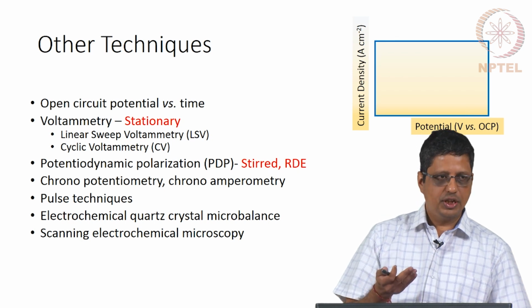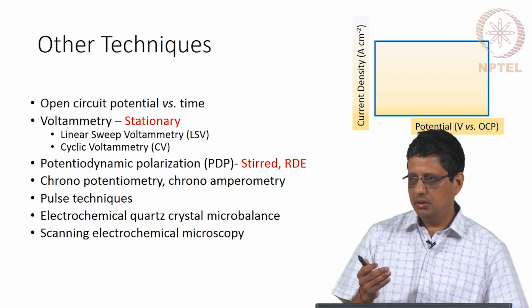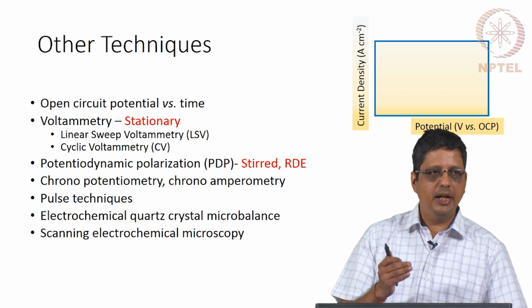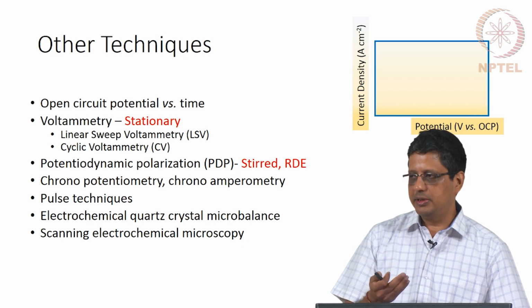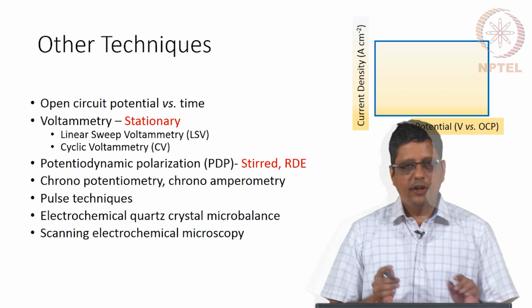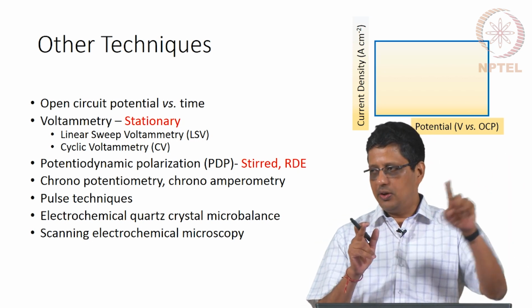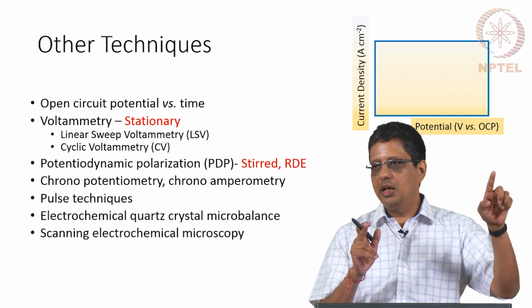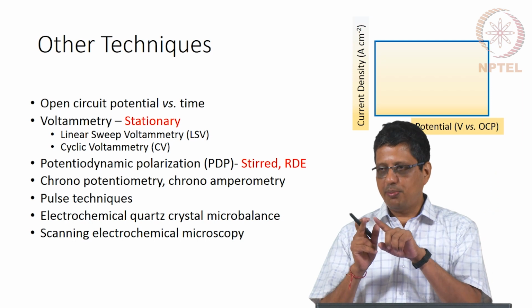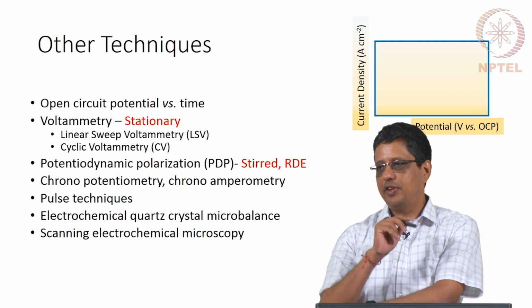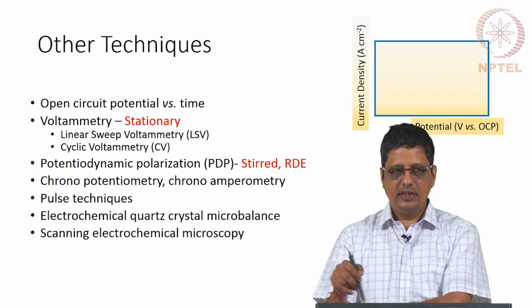We will control the potential as a function of time, we will usually vary it. It is given at a particular sweep rate, we will say 10 millivolts per second, 100 millivolts per second, 1000 millivolts per second, 1 millivolt per second. Now, if you scan from one potential to another potential at a particular scan rate, that is called linear sweep voltammetry. It is linear, you are sweeping the potential and measuring the current as a function of time. You would normally plot it as current versus potential, current density versus potential.